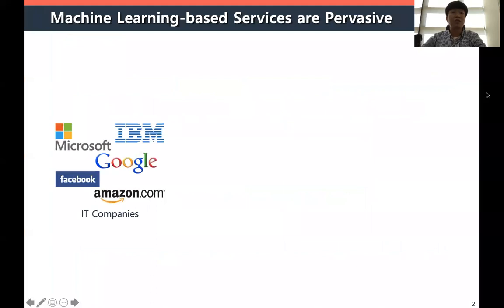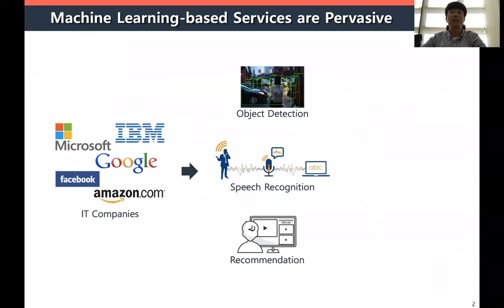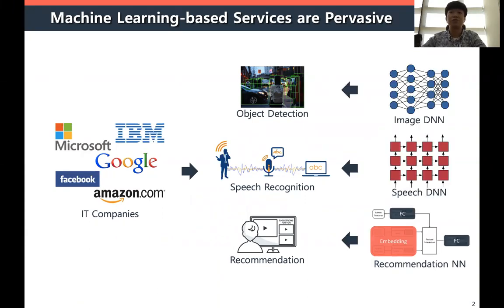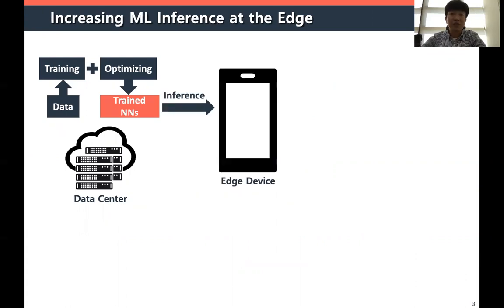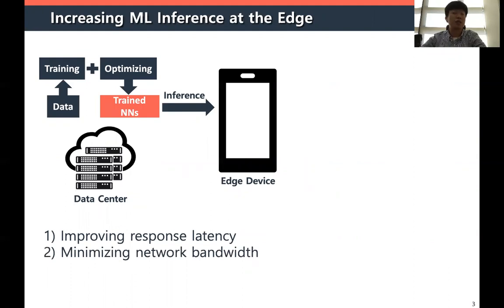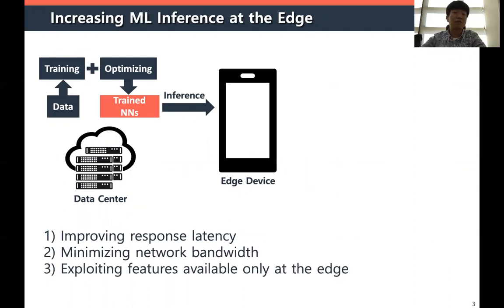Recently, as you know, most IT companies are providing intelligence services such as object detection, speech recognition, and personalized recommendation. These intelligence services are using deep neural networks as the key machine learning components. While training of deep neural networks is usually run on data centers due to its compute and memory intensive nature, there have been increasing pushes to run neural network inference at the edge in order to improve response latency by removing data transmission overhead, to reduce burdens on networks as well as data centers, and to exploit features only